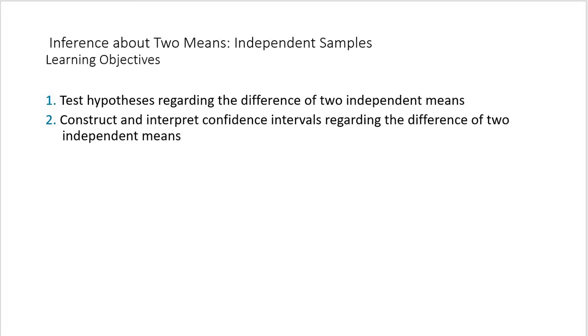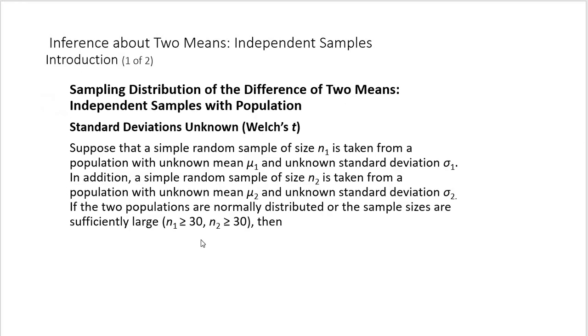The process is going to be similar to the process we followed when we did the hypothesis testing of two population proportions. We know that the sampling distribution of the sample means follows the student t-distribution. The sample distribution of the difference of two means for independent samples with population standard deviation unknown is Welch's t-distribution. Suppose that a simple random sample of size n1 is taken from a population with unknown